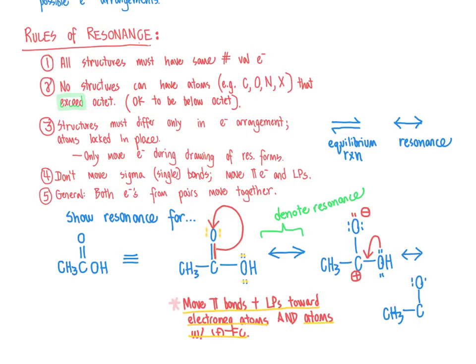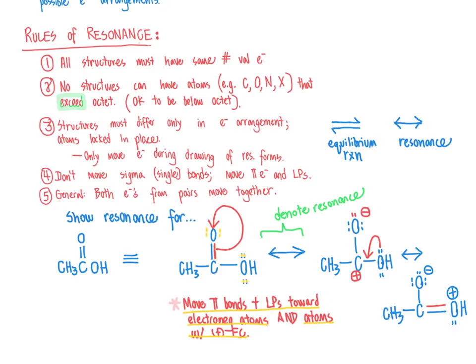So we'll go ahead and draw in that third possible resonance structure, and I've shown the new covalent bond, that pi bond, in red. As a result, we'll end up with an oxygen that has 3 covalent bonds and 1 lone pair. If we do the formal charge calculation on that, we end up with a formal charge of